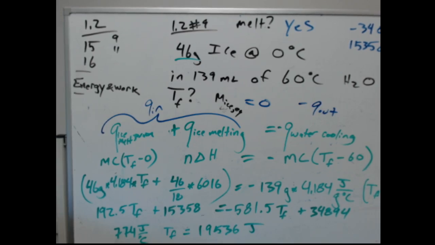I do have one question about this problem. What if there was still ice left? How would you find it? So if we have ice left, does that happen in number 11 by any chance? 11 is not an ice problem. Okay. If we have ice left over,